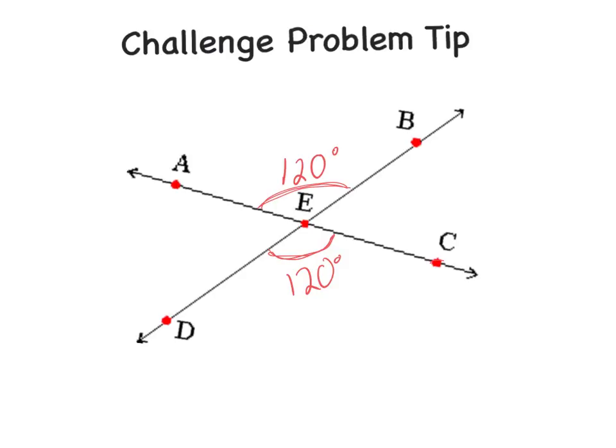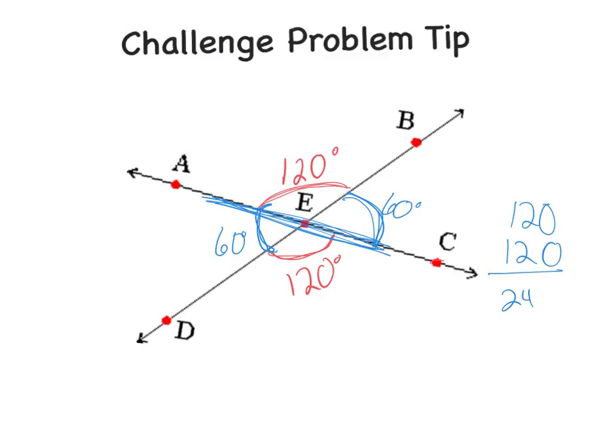And you have to remember, okay, this is a line. This makes a straight line. And what did we just learn about lines? Lines are 180 degrees. So that tells me that this has to be 60 degrees. And if this is 60 degrees, this side has to be 60 degrees. Okay, and if I add all of these up, it's going to equal 360. So we have 120, 120, that gives me 240, 60, and 60 will give me 360, because it all makes